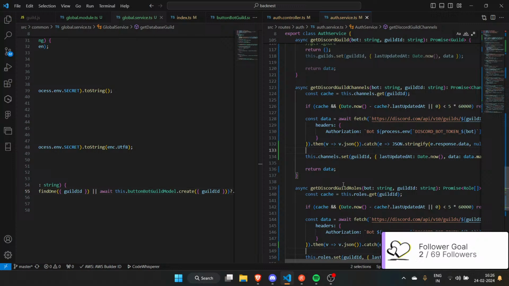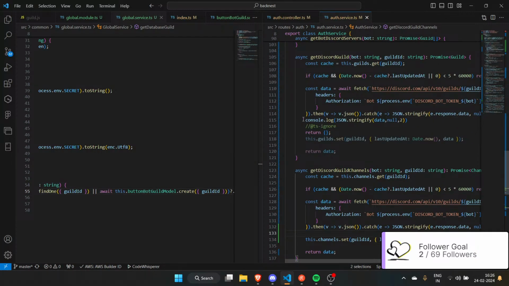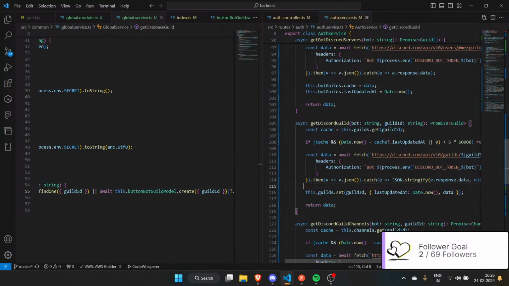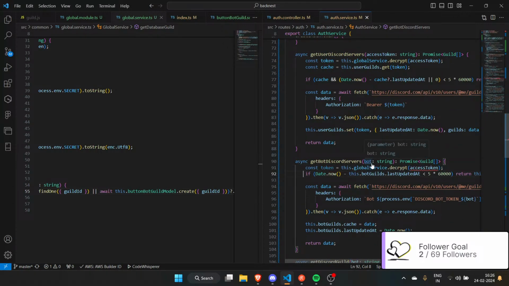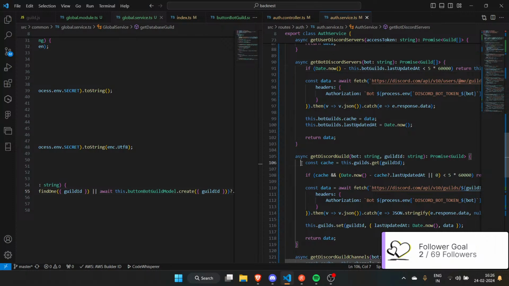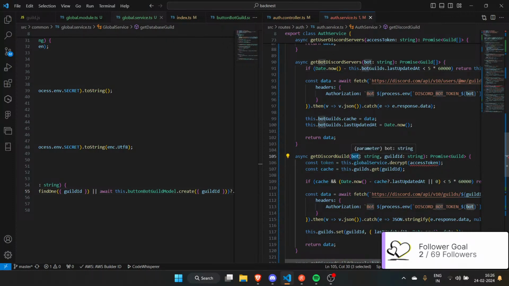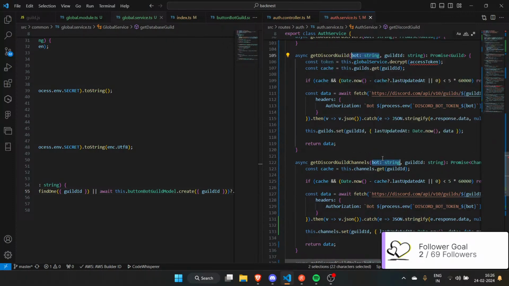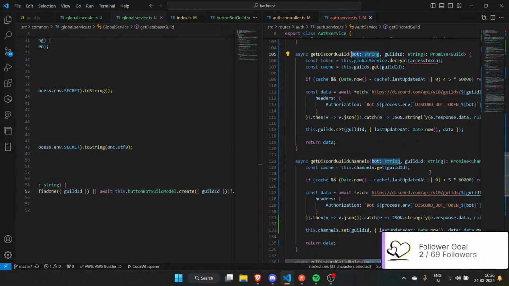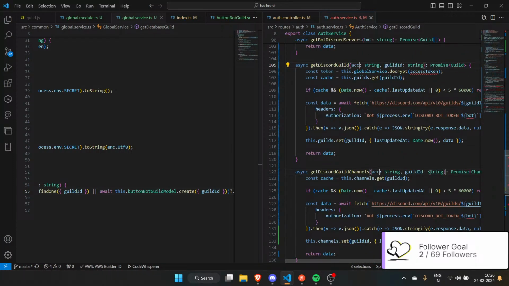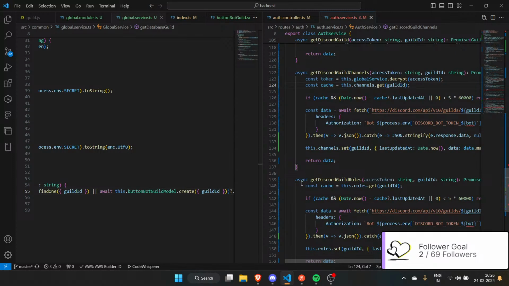First of all, Control X that, and Control X this. Then I need to do the access token stuff once more. Not there. Here. One, two, three, okay. Access token, nice. Copy that, paste that, paste that.